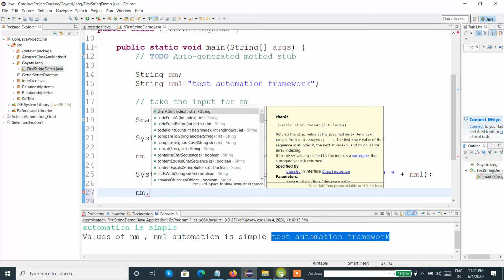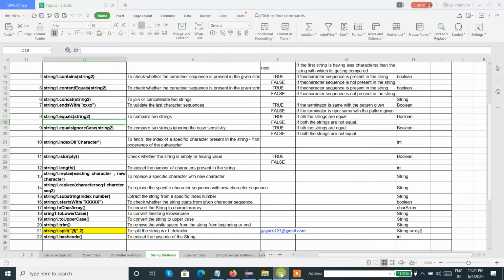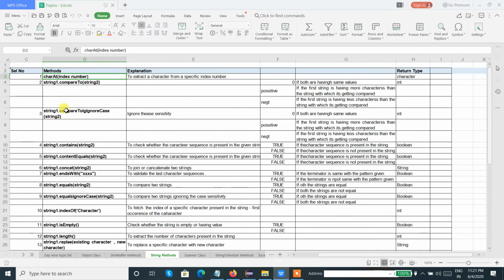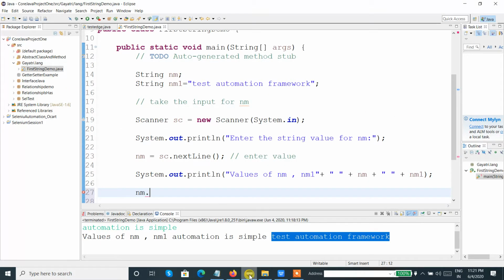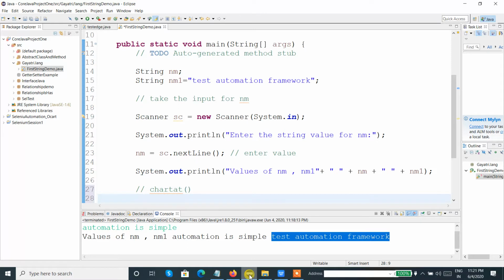Now the first method which we saw over here is charAt. CharAt's job is to specify an index number and extract the character. What is the return type? Return type is char. So how to use the charAt method?